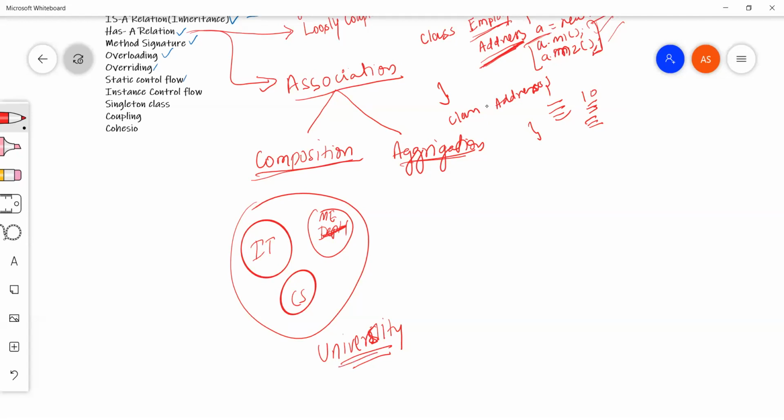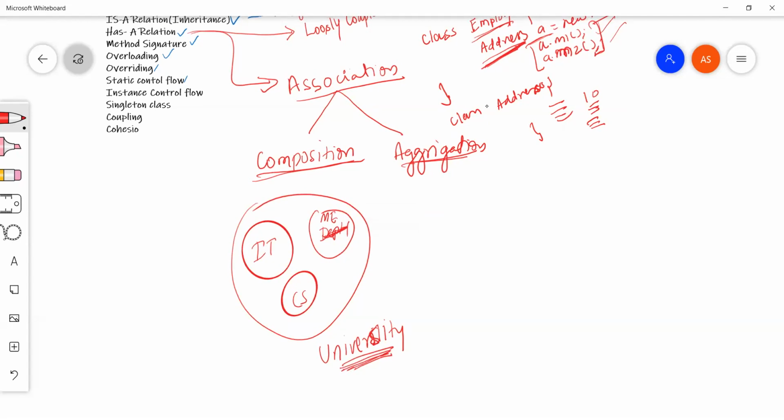So we have a class called university, which is having departments, right? Let me write it in code. We have a class called university, which is basically having a list of department. Department is another class. Like this we have.